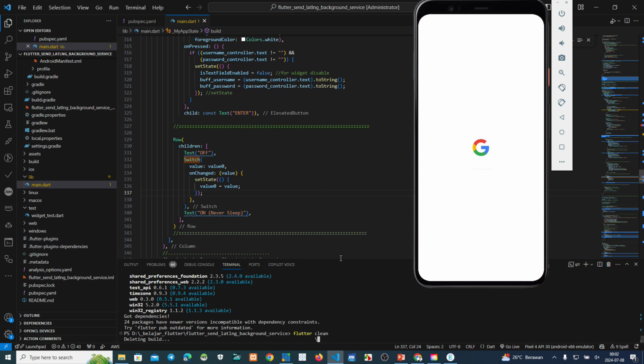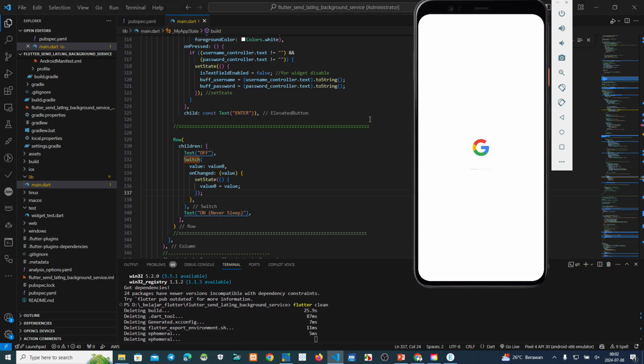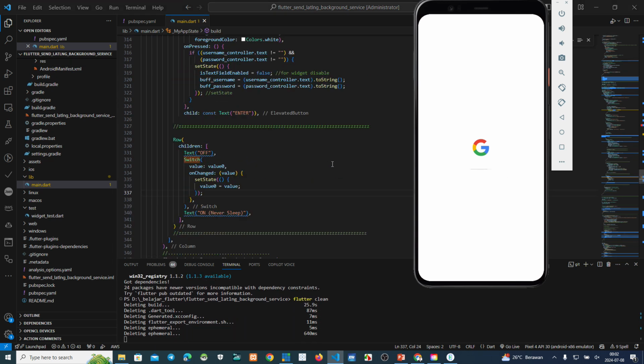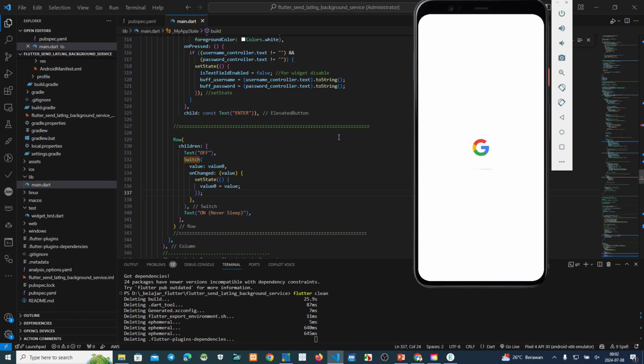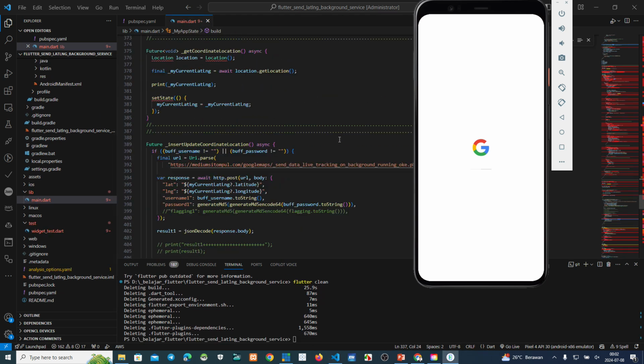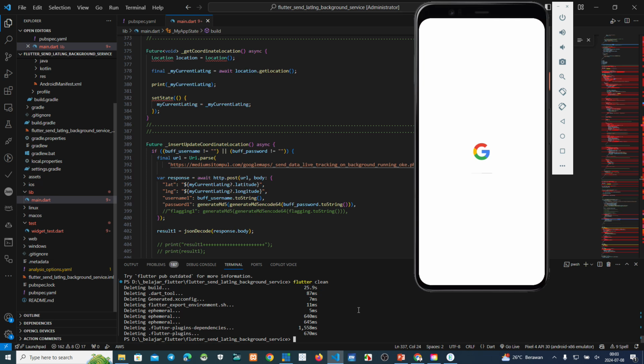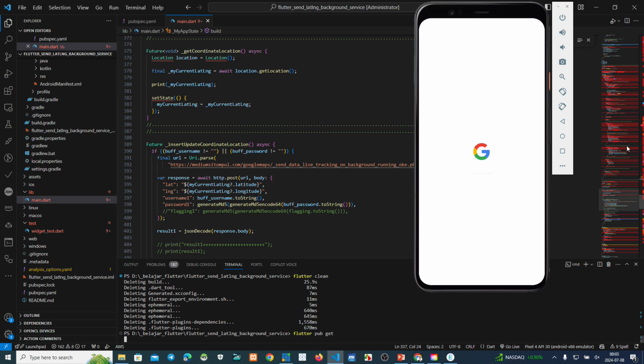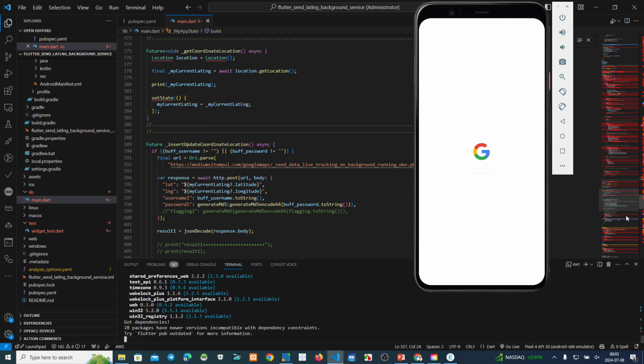Now if this finishes, we can see, where is it? This switch, and then init state. I want to see the init state. Where is it? Oh, clean pub get. Then pub get. Okay, this is clean. The red color, and if we run pub get, the red color will be cleared.